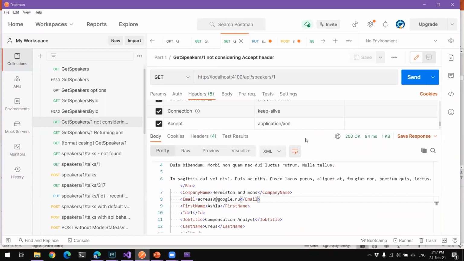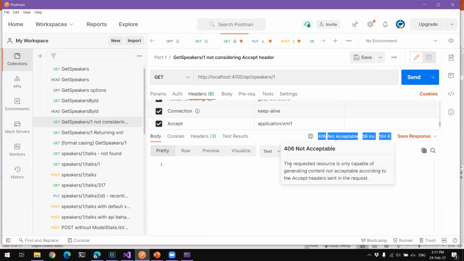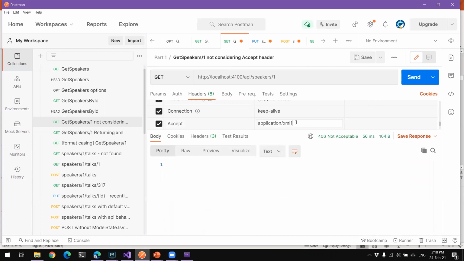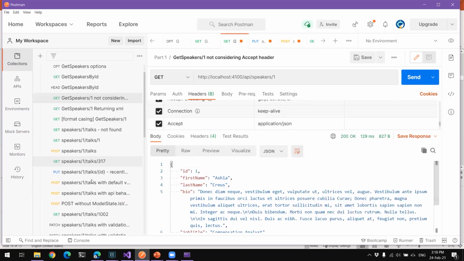Okay. So now if I try to say, hey, server, I want back an application XML, you'll see that it will get you 406 Not Acceptable. So this 406 is basically the server telling you, hey, I get you. I'm looking at your Accept header, but I do not know how to write that application XML. You need to implement that yourself if you want to consume it. Of course, the behavior doesn't change if you add the default one, the JSON. It's 200 OK and still there.